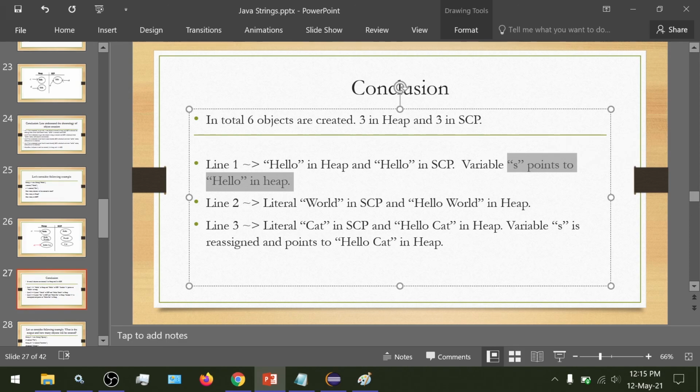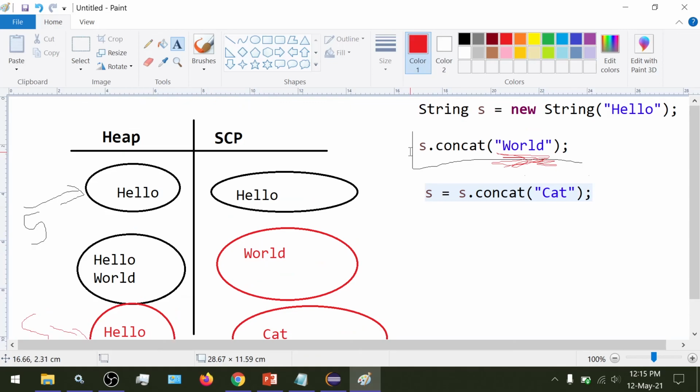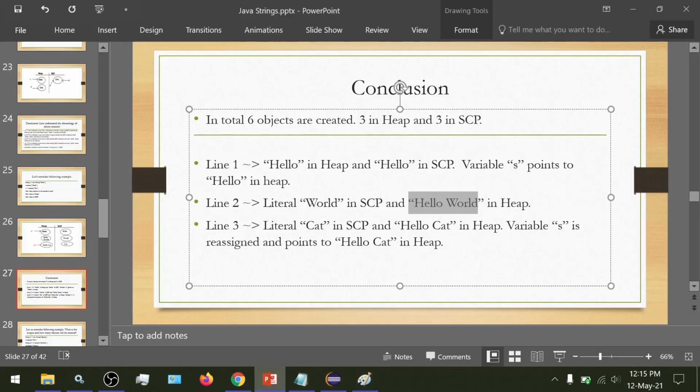Then after line 2, the literal world is created in SCP and hello world is created in heap. But note that there isn't any reference variable assigned to this object, so this automatically goes for garbage collection. But that isn't a concern now. We are looking at the objects created, so hello world did get created inside the heap.